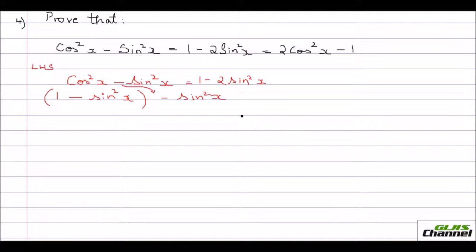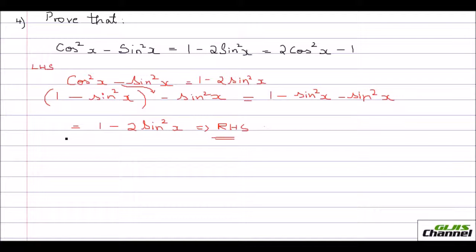So what happens now? Just remove the parentheses there. So you would have 1 minus sin square x minus sin square x again. I have just removed the parentheses here. That is equal to 1 minus sin square x minus sin square x becomes minus 2 sin square x. So that is 1 minus 2 sin square x. That is equal to your RHS. You have proved that your cos square minus sin square is equal to 1 minus 2